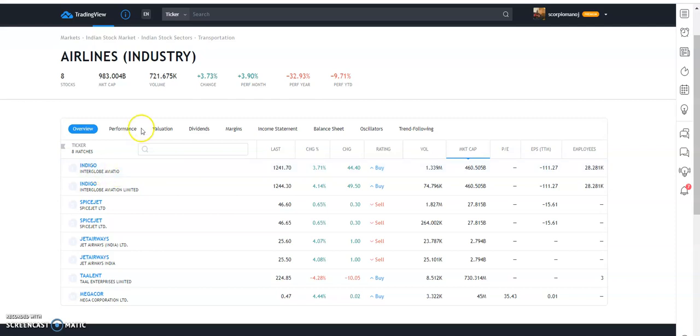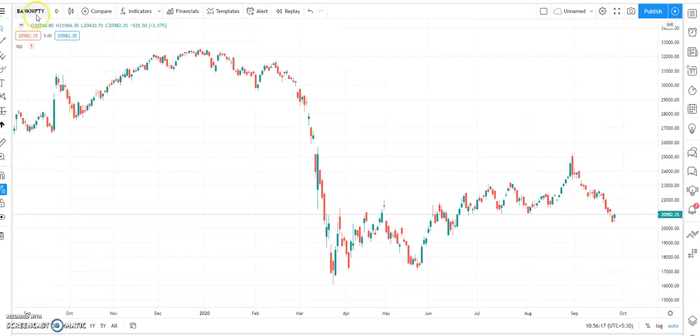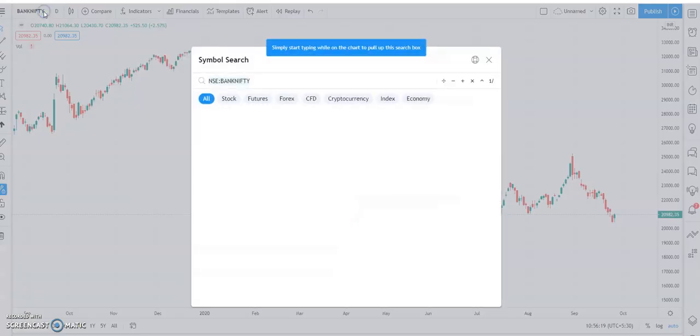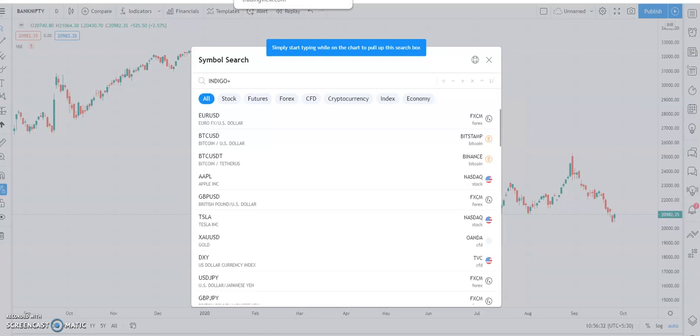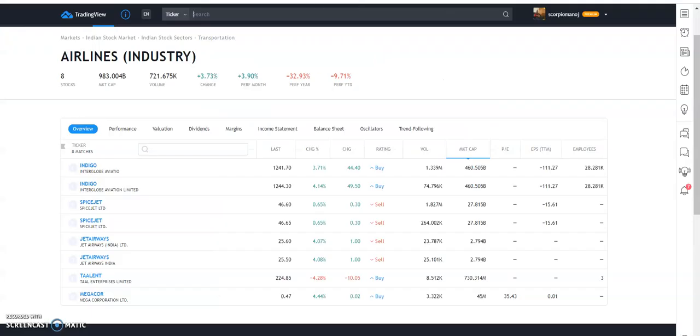So now go to TradingView. Type Indigo. Enter a plus sign and go to the search engine result web page. The next item is SpiceJet.